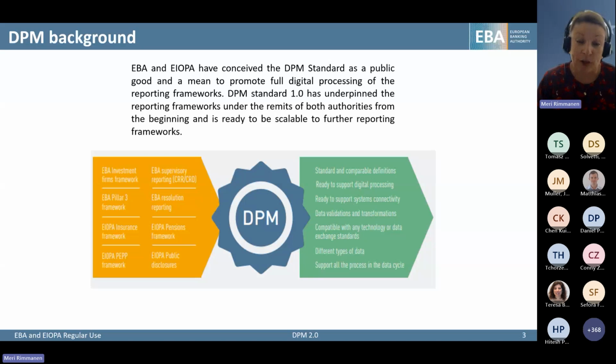Then indeed, as mentioned, we already had the reporting frameworks integrated on both our sides, and we had the DPM, but because of these challenges, we wanted to together refit the DPM and further support our more strategic objectives, both at EIOPA and EBA, to have a DPM that is fully fit for digital processing of data, supports various parts of the data and reporting preparation and data use, is agnostic to different technologies, different types of data, and indeed can work on all parts of when you start preparing your data for the regulatory reporting all the way to the analysis.